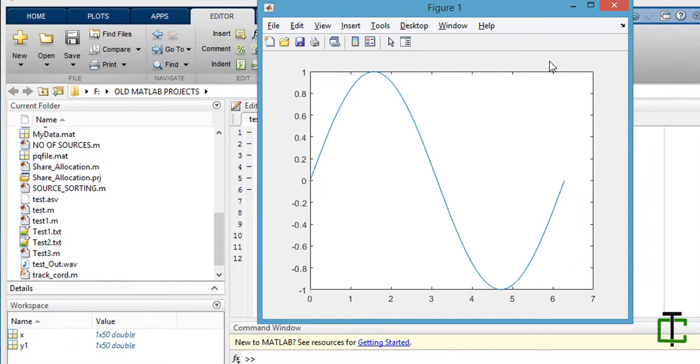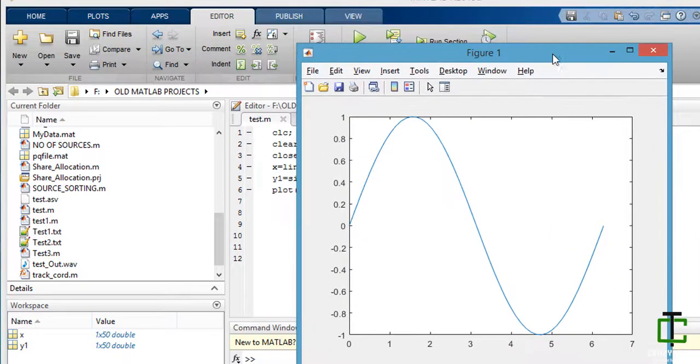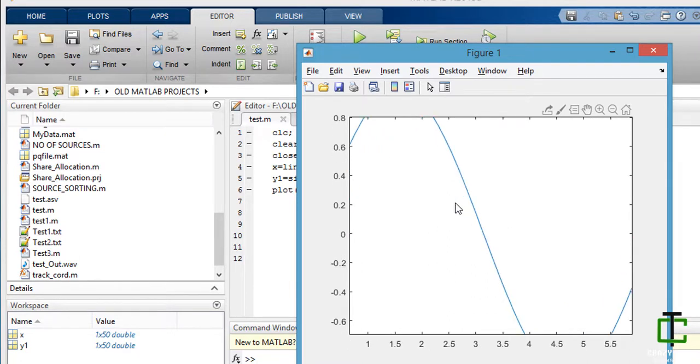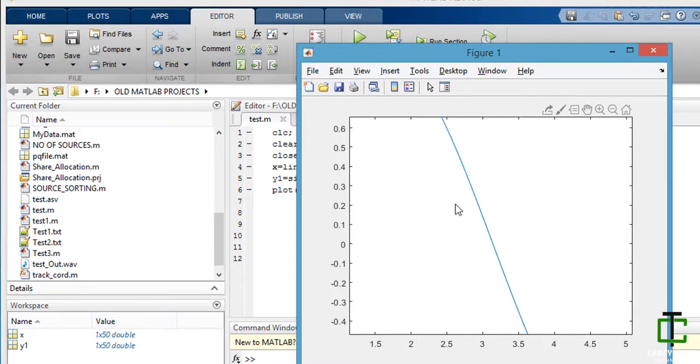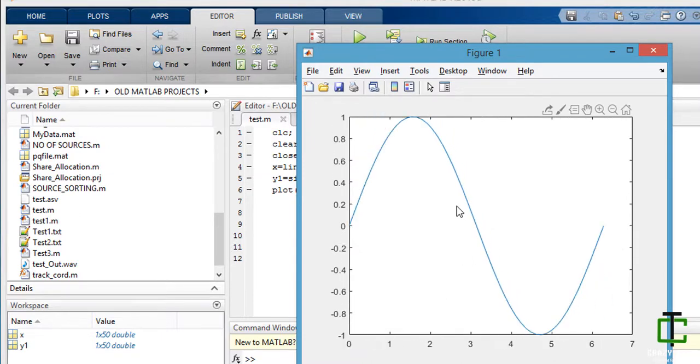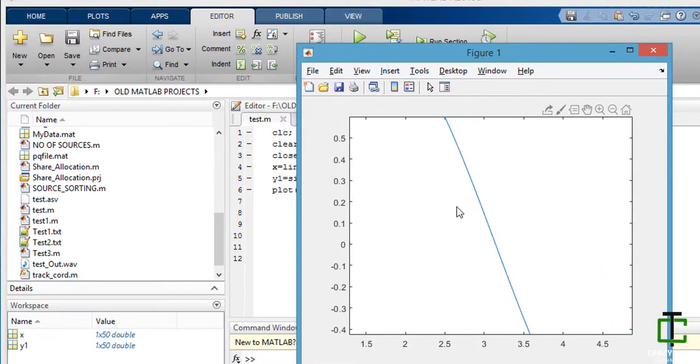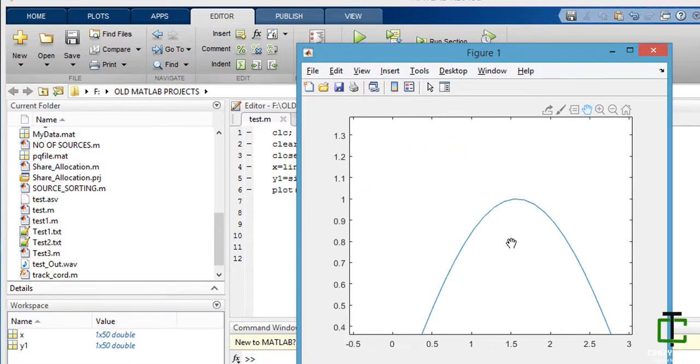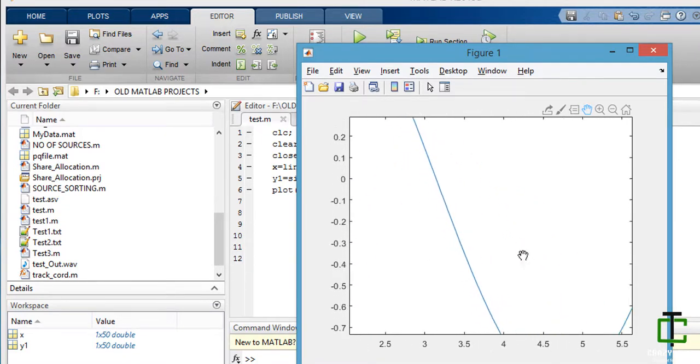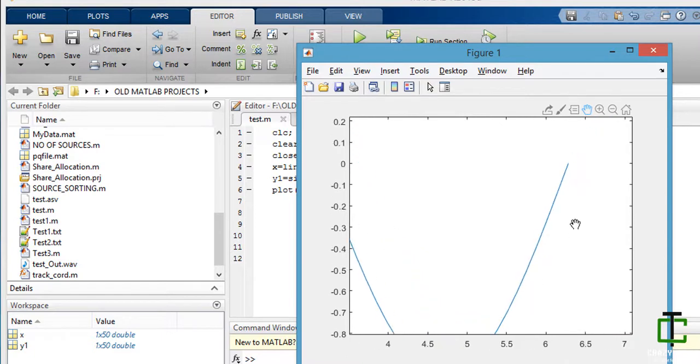Now if I want to zoom in, just scroll up. If you want to zoom out, scroll down. If you want to drag your plot, just click on the pan and you can drag your plot for more clarity.